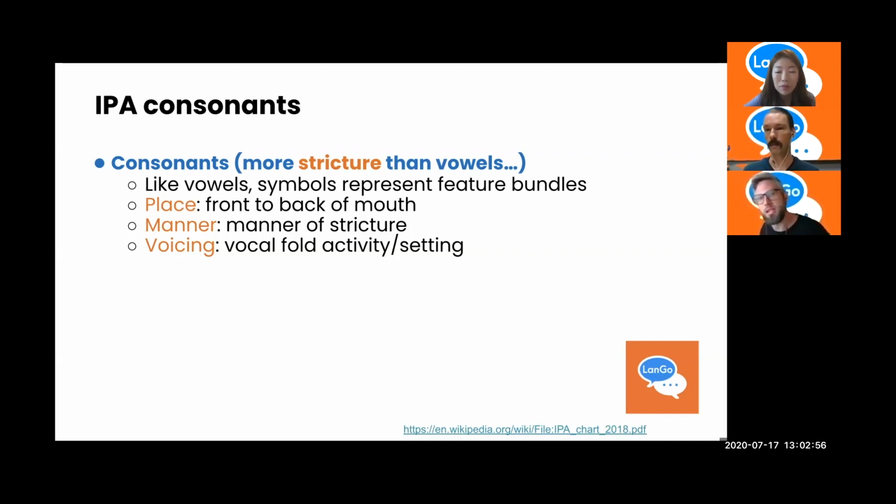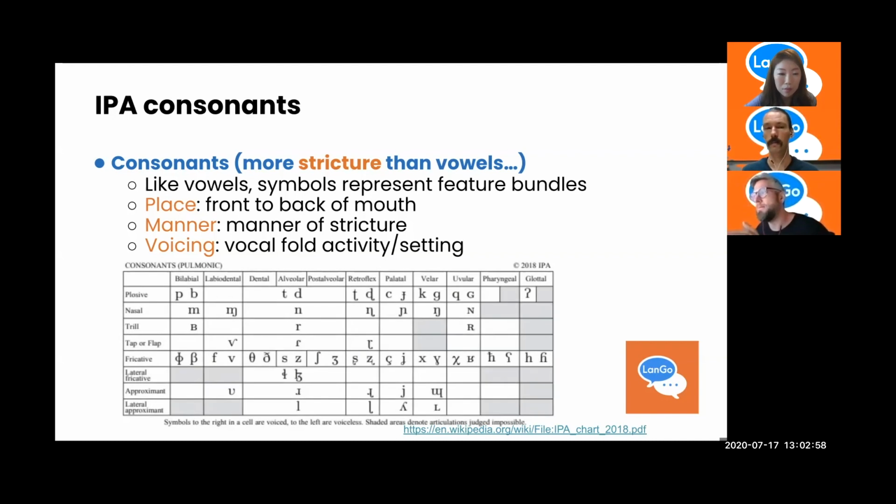If you're looking at our slide, we're about to put up an IPA chart. And again, it's arranged from bilabial, the lips, all the way to glottis. Front of the oral tract at the lips to the left and the back at the right. That's right. So place matters. And we're talking right now about just the place of articulation, where it is in the front or the back of the mouth.